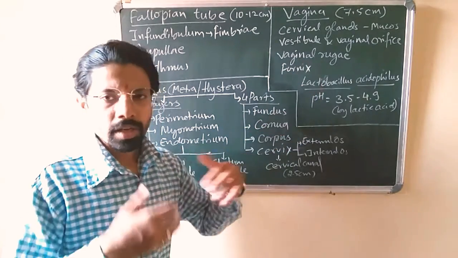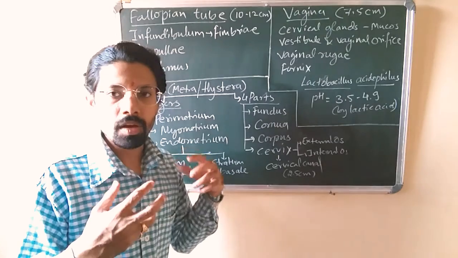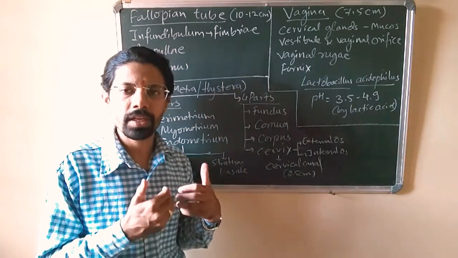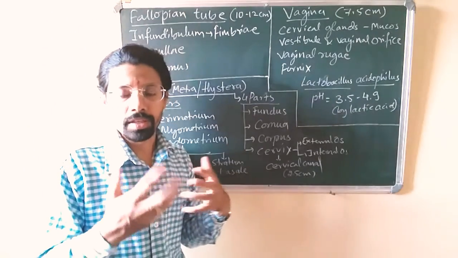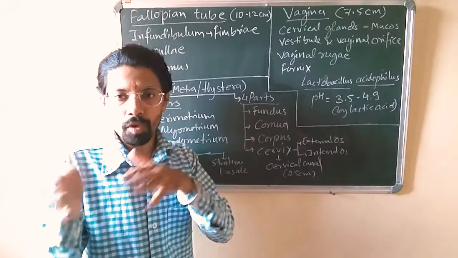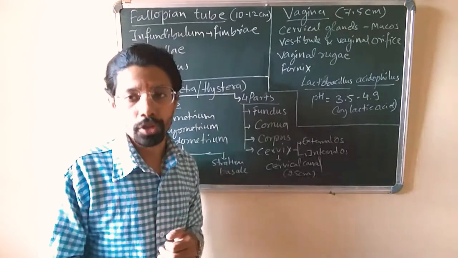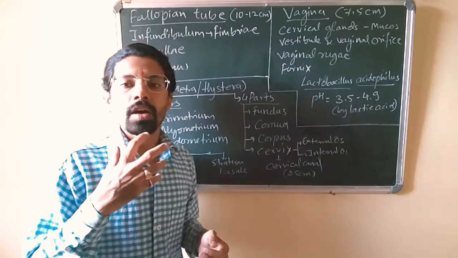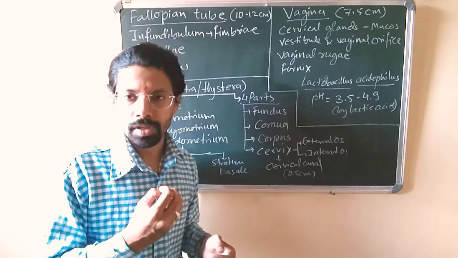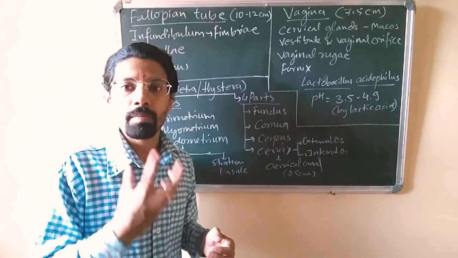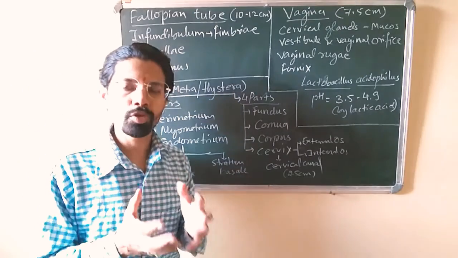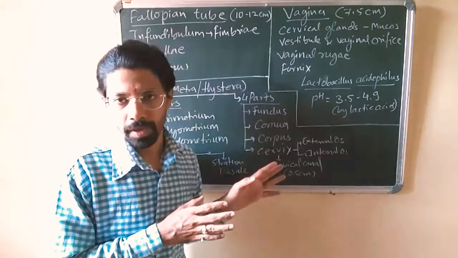Then inside the vaginal canal there are infoldings. The layer of epithelial tissue is actually stratified squamous epithelium. This tissue generally forms foldings. These foldings are called vaginal rugae. Vaginal rugae are not permanently present. They are present in the beginning of maturity, but after the first parturition, that is after the first childbirth, usually the rugae reduce and disappear.